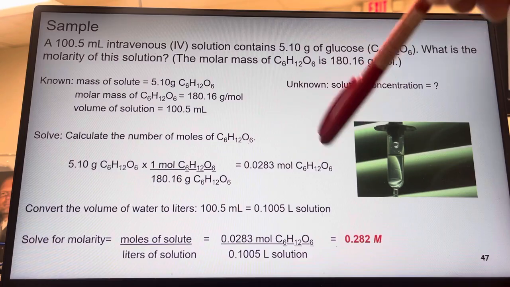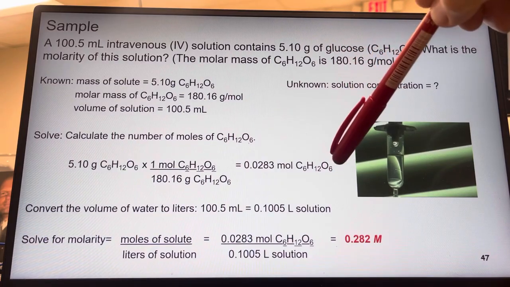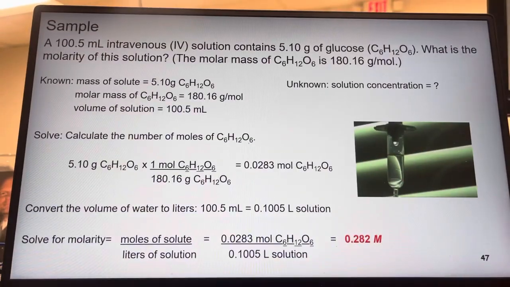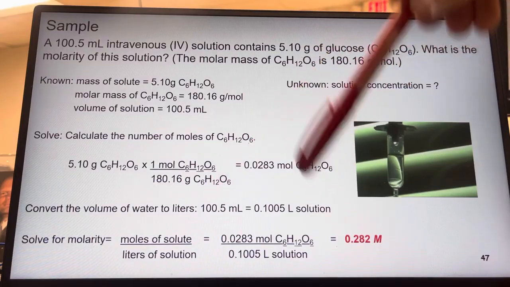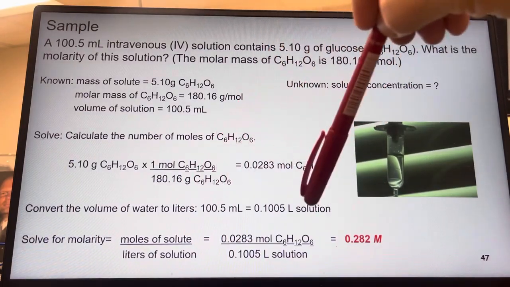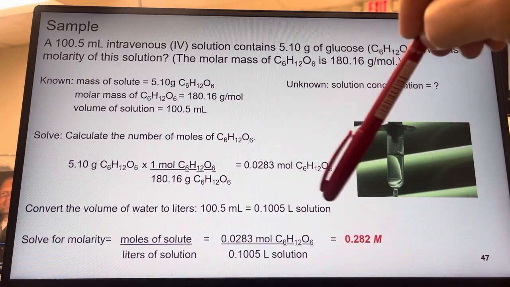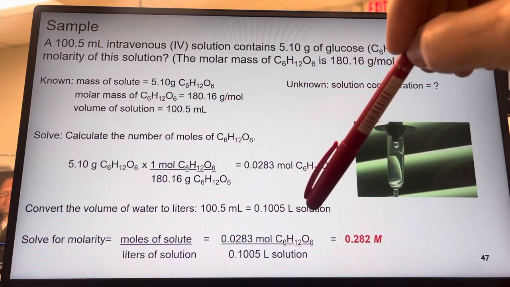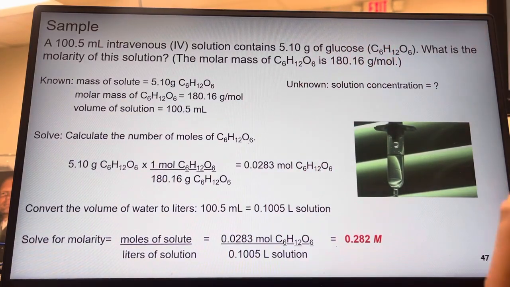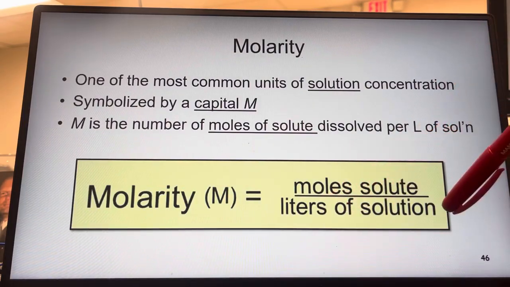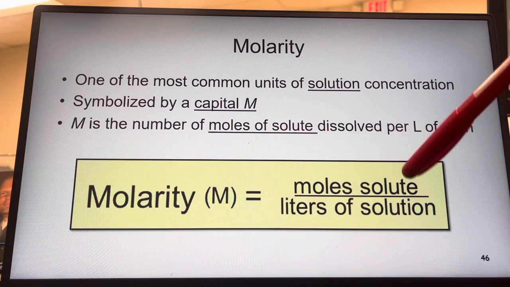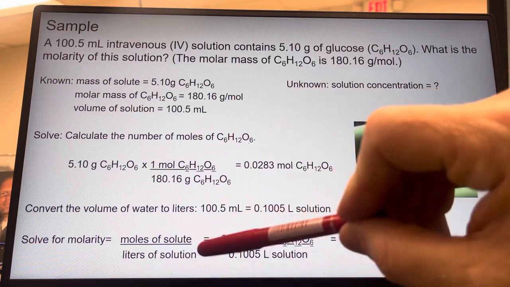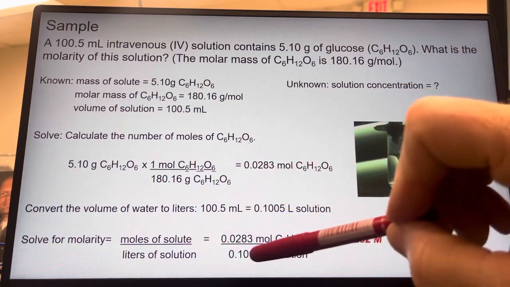So then we take those moles of sugar, that's our solute, and we plug them into our molarity formula, okay? So we have to convert it to liters though. We have to convert milliliters to liters. That's important. So maybe put an asterisk next to this or highlight this in your notes to make sure you know that it has to be in liters. Because if you go back, this must be in liters of solution, okay? Just like the ideal gas law, PV equals nRT, had to be in liters all the time. So then you plug those numbers in, 0.0283 divided by 0.1005, and you get